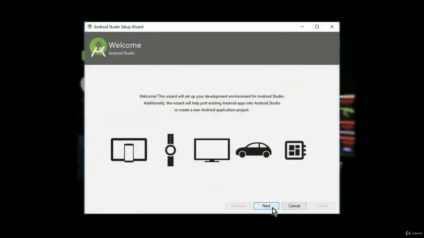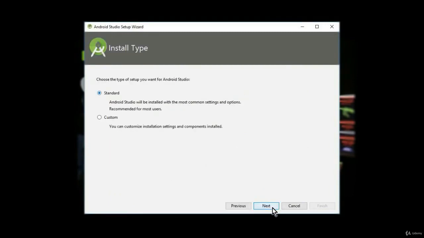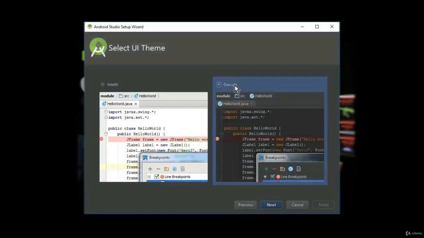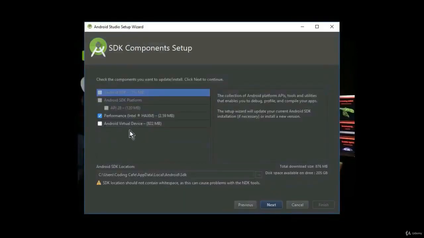It says welcome, and now click on next, and here click select this standard. Okay, you can see that it is selected, and click next, and now here is the interface. I love this one, so I will choose this one, and now click on next, and make sure that you